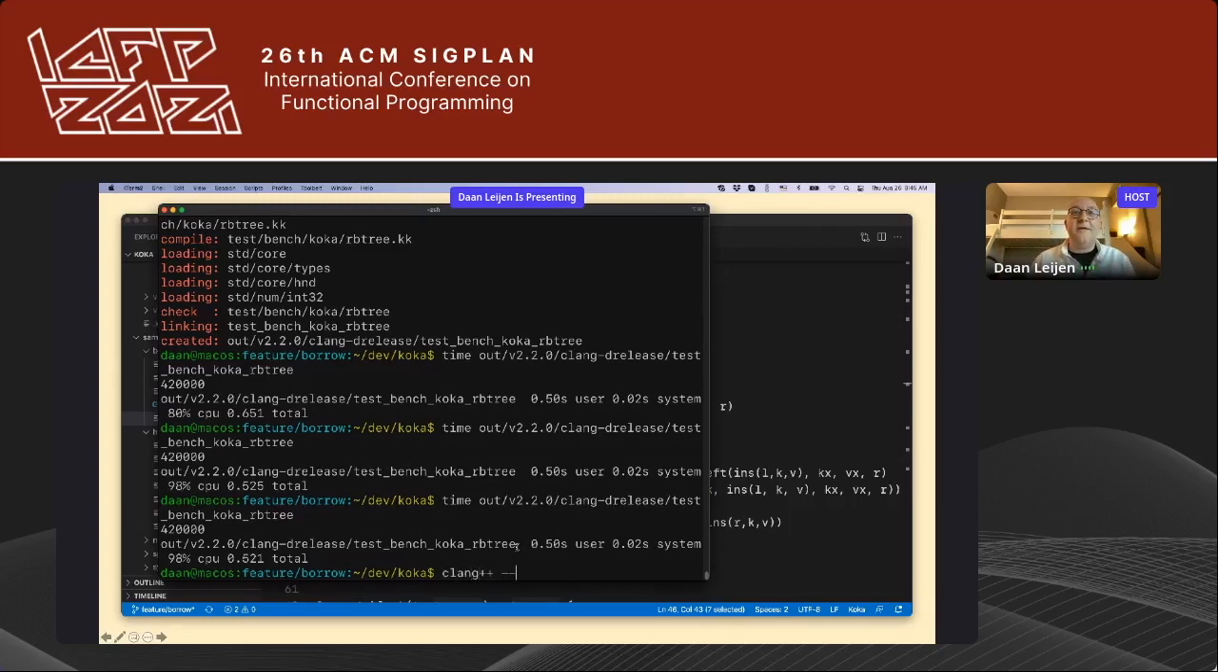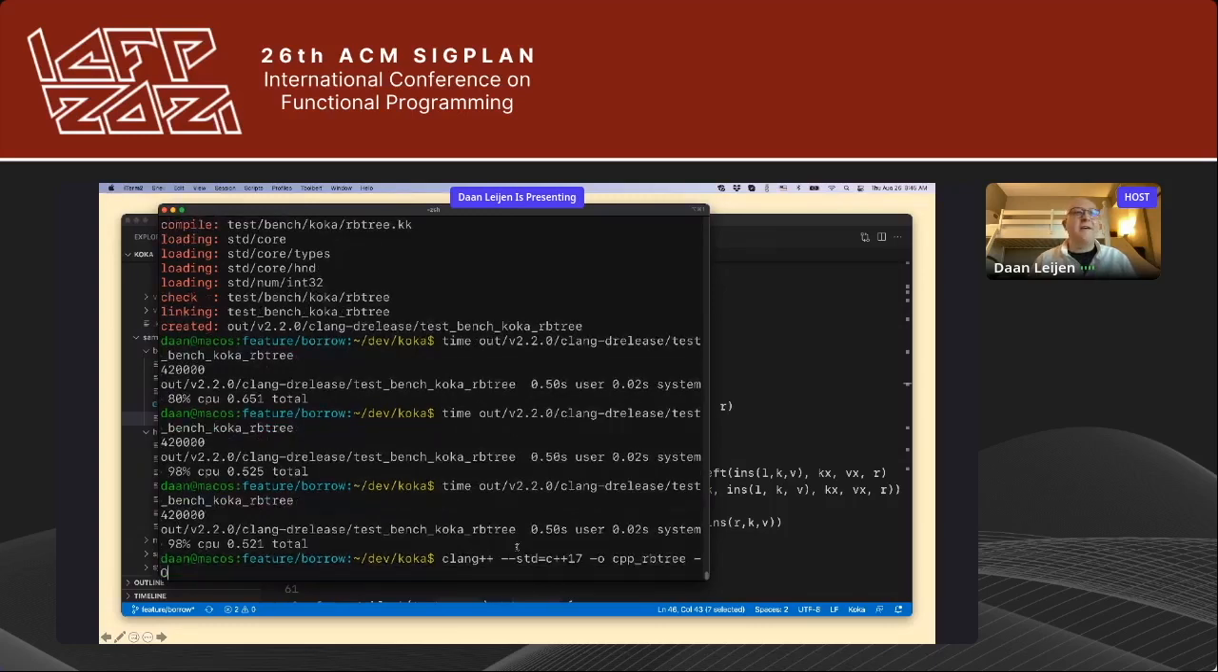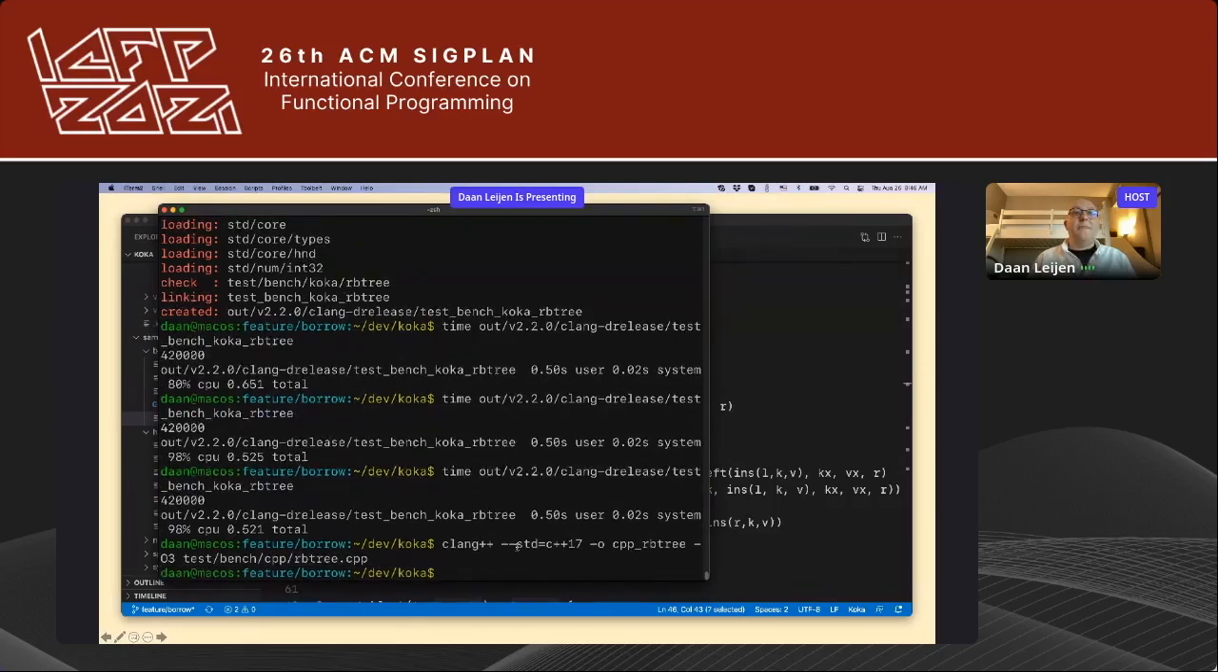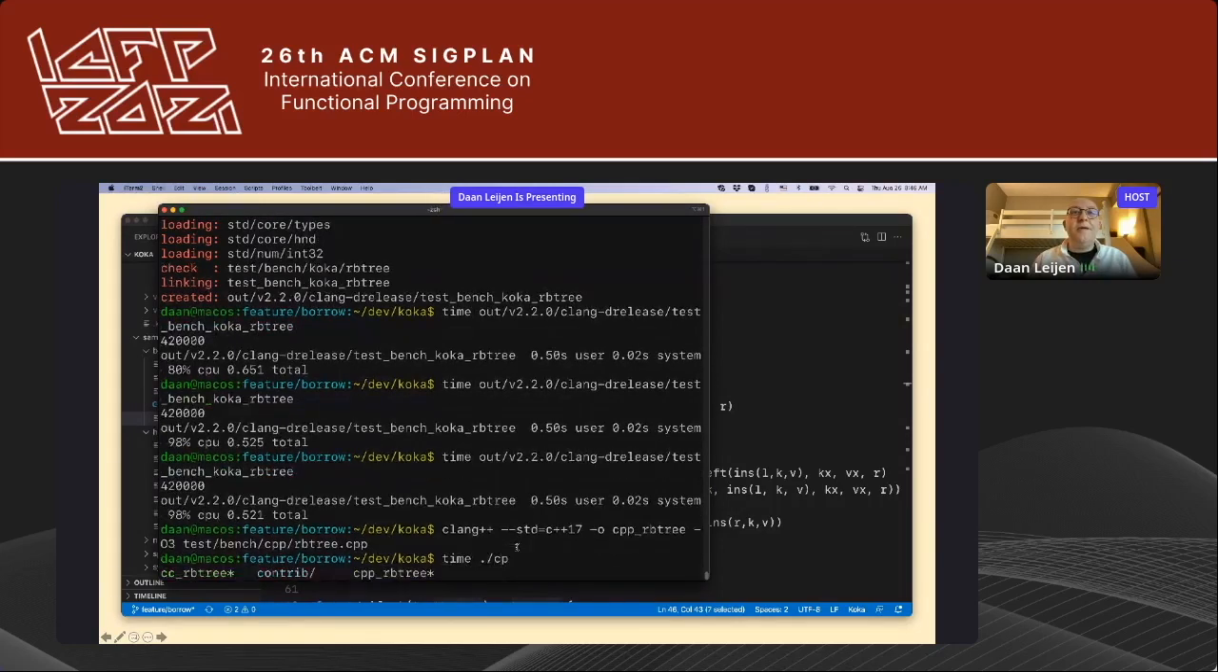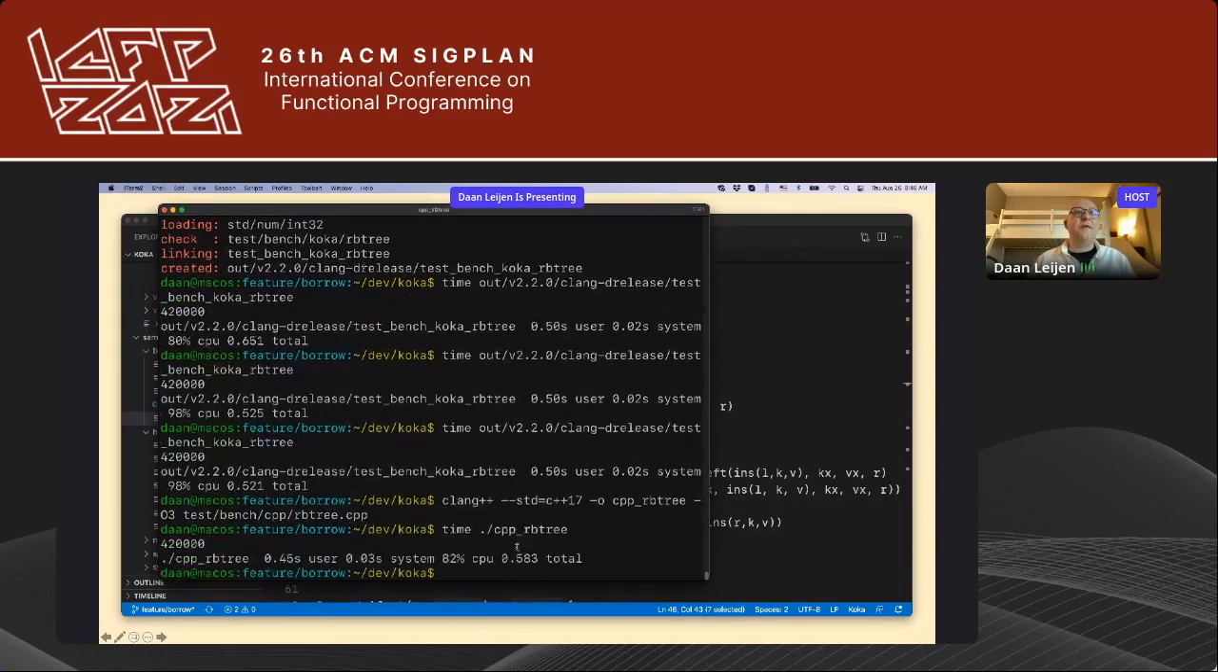So we can do C++17. Let's call it cpp rb3. And of course, we're going to optimize crazy. And then test bench, C++, red-black tree. There we go. And then we can time that program, cpp rb3. 0.45 seconds. Oh my God. This is very close